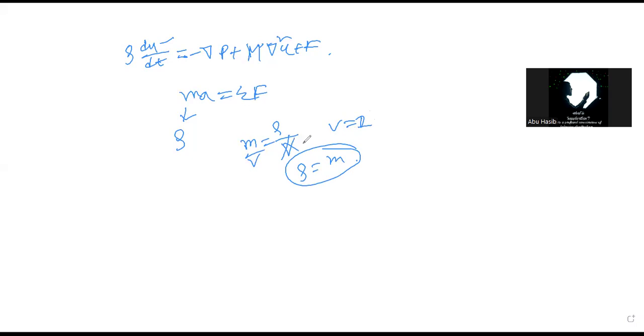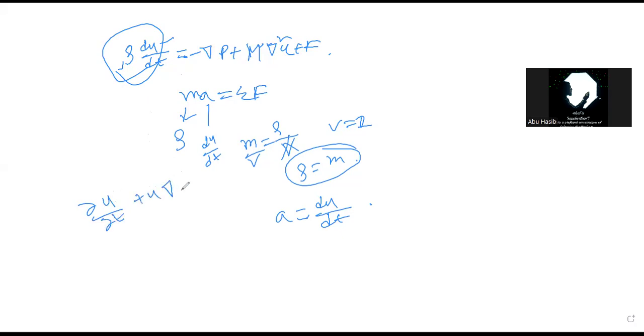And let's consider acceleration is a. So a is equal to du divided by dt. So here is the equation, rho times du by dt. A quick side note: you might see this part written as del u by del t plus u dot gradient of u. This is the chain rule. This is essentially the same thing. When we expand du by dt, we use the chain rule, which gives us the other expression.